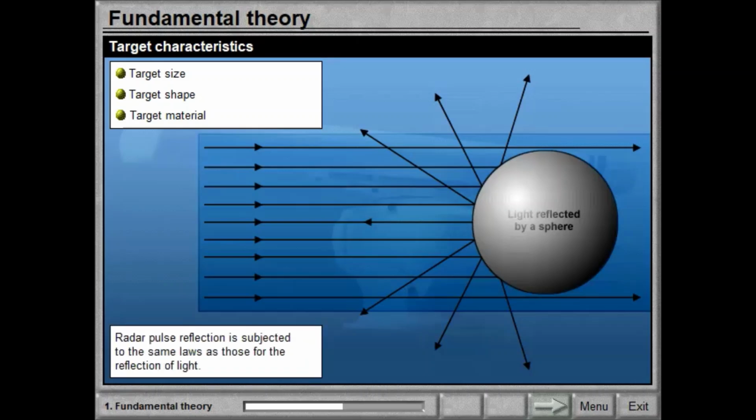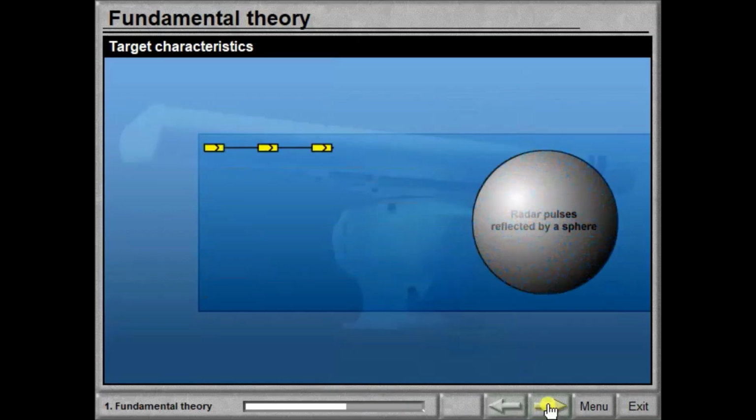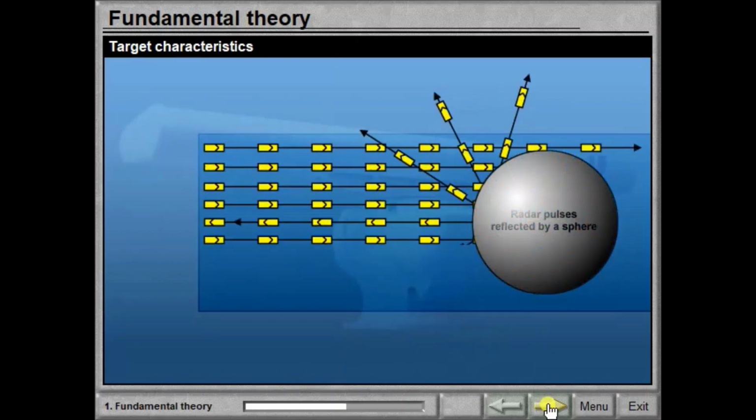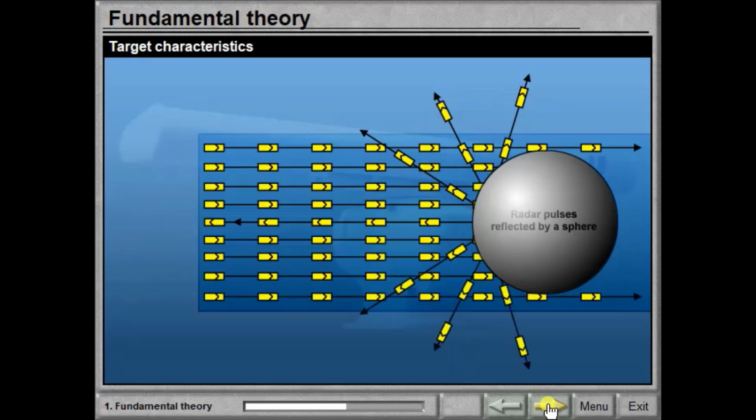Radar pulse reflection is subjected to the same laws as those for the reflection of light. The reflecting power of metal and water is higher than that of stone, wood and ice.